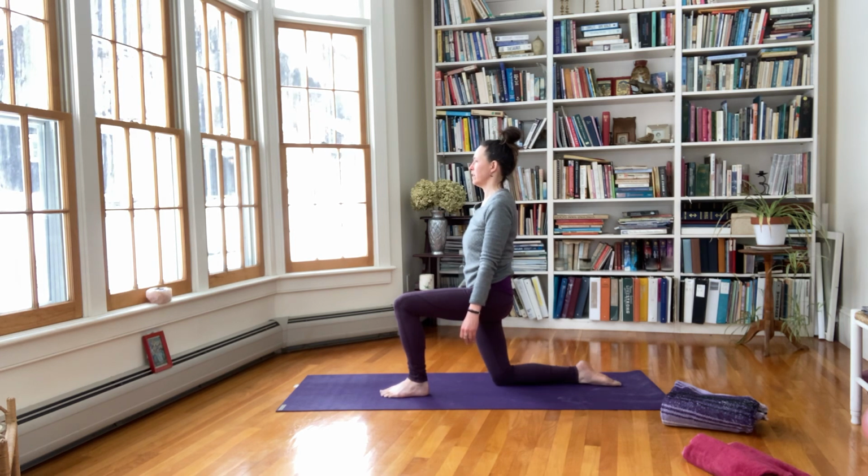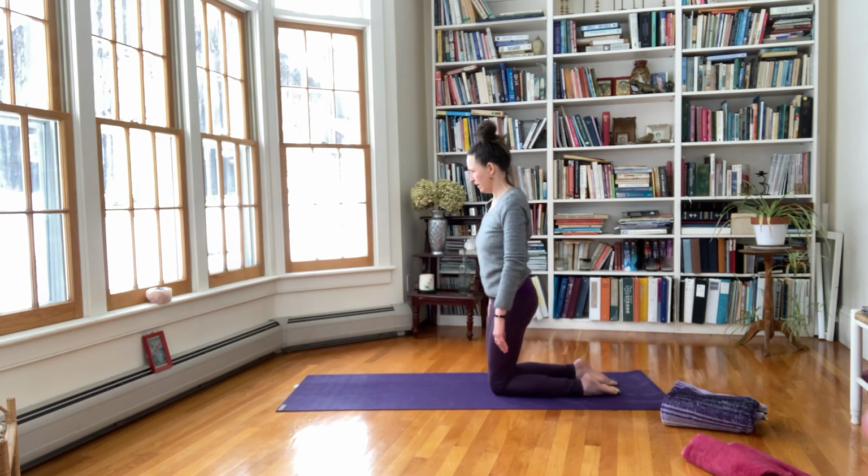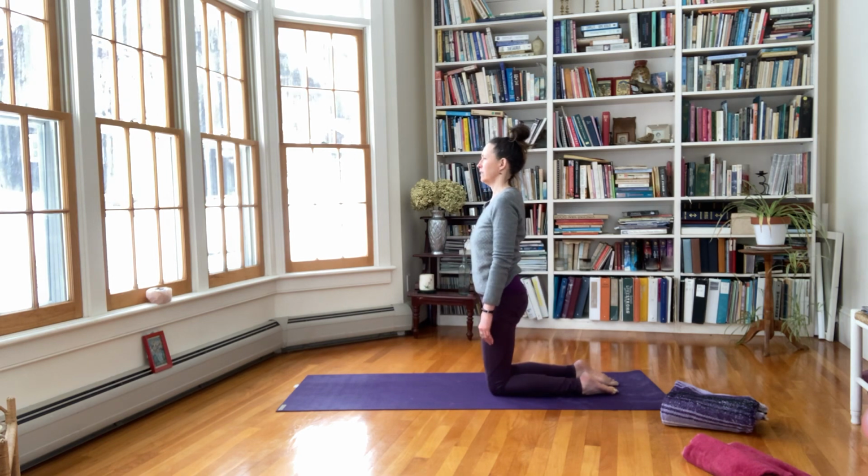Now we're going to keep stretching the front of the right hip. Shrug your shoulders up around your ears, and then drop them down and soften. Keep tucking your tail underneath you, and again, shrug your shoulders up around your ears. Keep tucking your tail, and then soften the shoulders down. Keep tucking the tail. One more time, shrug up. Keep tucking the tail, and relax the shoulders, and then release the pelvic tilt, and stand back up on both knees. Relax the shoulders,